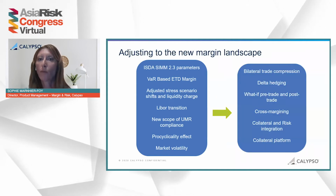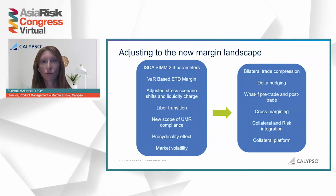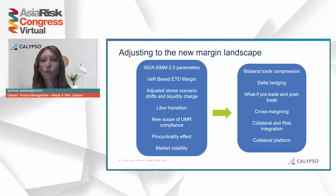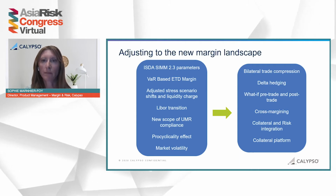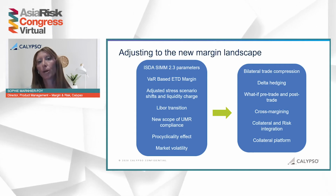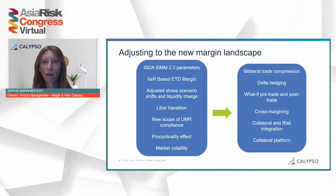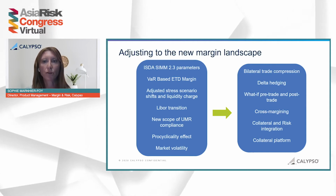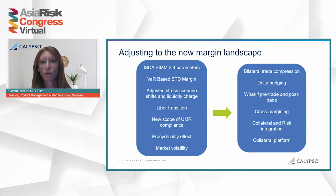solution help? Well, the strategies we are seeing in the market will first include a trade compression technique to reduce the scope of the notional that will be at play to calculate initial margin. We are also seeing some delta hedging methodologies to reduce the risk and, as a result, reduce the initial margin exposures to be collateralized. We are seeing what-if techniques, and we just talked about it, as well as cross-margining, which again require a strong collateral solution so that you can have a net view of your listed trades and your